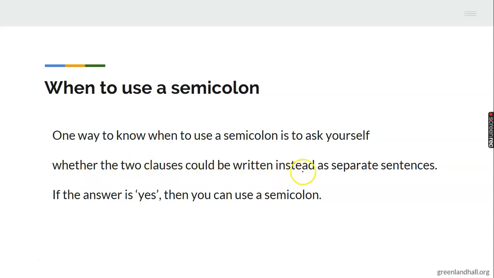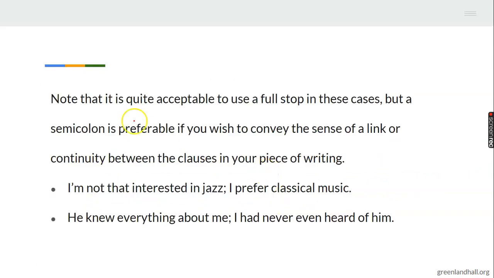written instead as separate sentences. Yes, you look at the two clauses you are joining together with the semicolon and find out if the two clauses could be written separately as separate sentences. Then, if your answer is yes, then you can use a semicolon. Note that it is quite acceptable to use a full stop in these cases, but a semicolon is preferable if